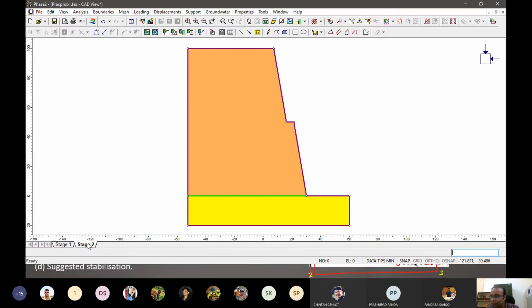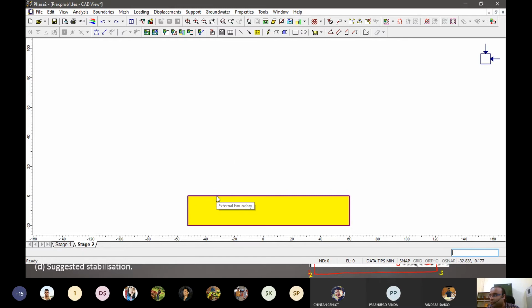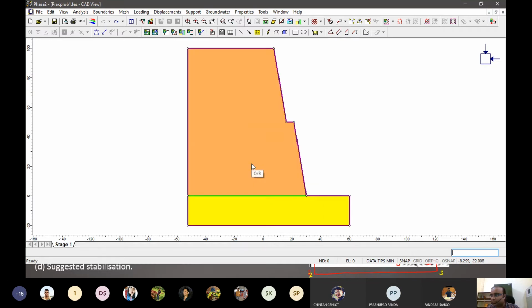My mistake. So stage 1 is this. Stage 2. Okay, my mistake. Now we can't do this here because that has to be some sort of excavation. So let's do one step at a time first. Let's do the original one that we wanted to do rather than doing that. And then we'll see how we can do the next one.